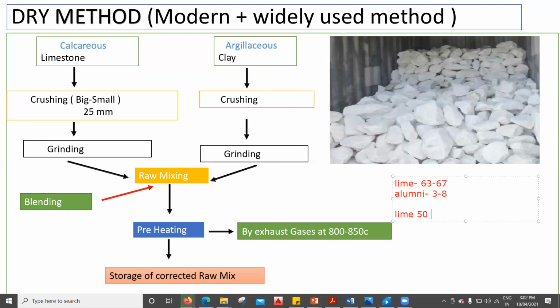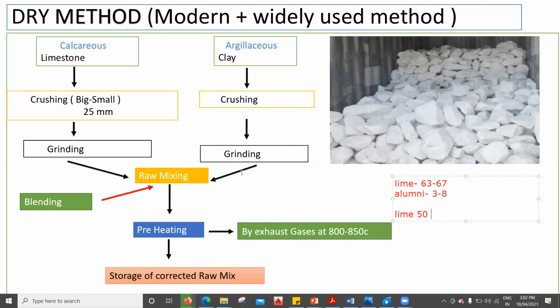Because we know that if the correct proportions are not obtained here, we know the significance of that. If the lime is more, what is going to happen? If the lime is less, what is going to happen? We know what will happen if alumina content is more, and what will happen if sulfate contents are more. We have already seen all those things, and knowing them, we do the blending here so that we do not face those problems which we already know.